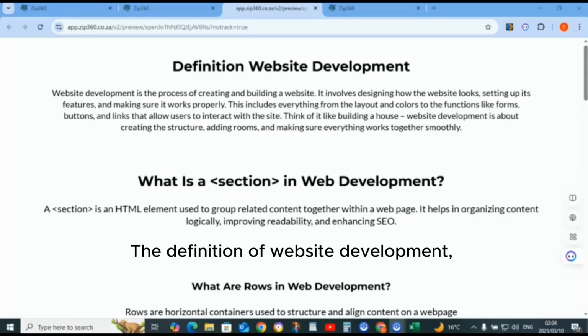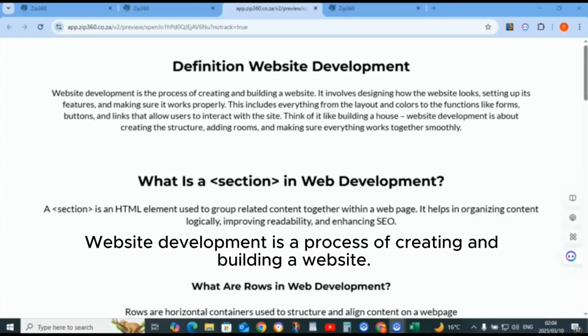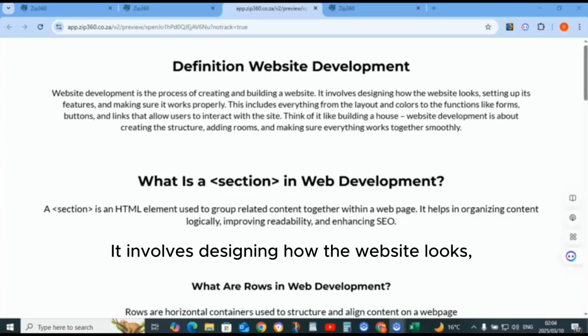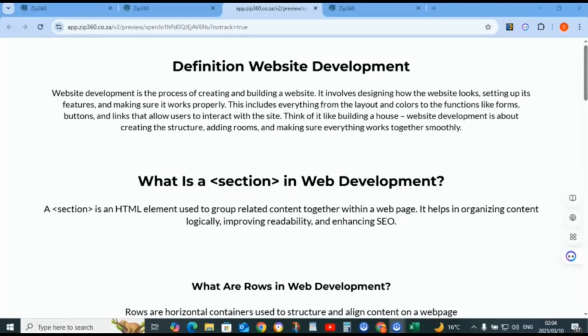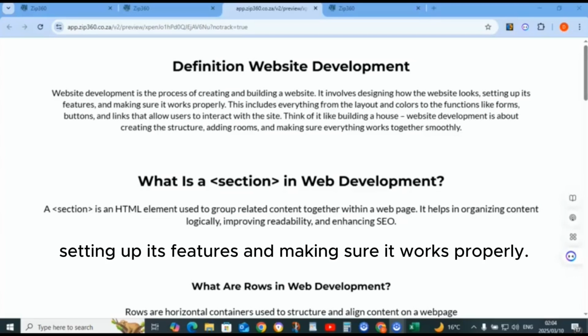The definition of website development. Website development is the process of creating and building a website. It involves designing how the website looks, setting up its features, and making sure it works properly.